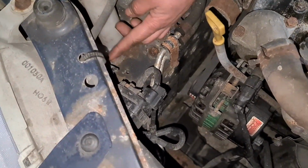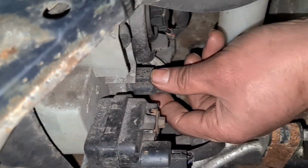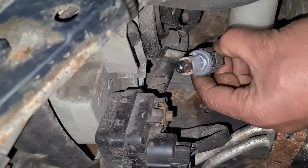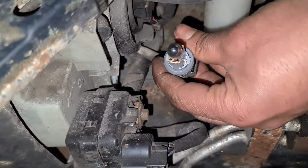Right, okay, so this is basically the plug right there. What we need to do is twist the plug to the left. So if I twist it to my left, pull the whole thing out. Now that's the bulb we're replacing. So if I take the bulb out,